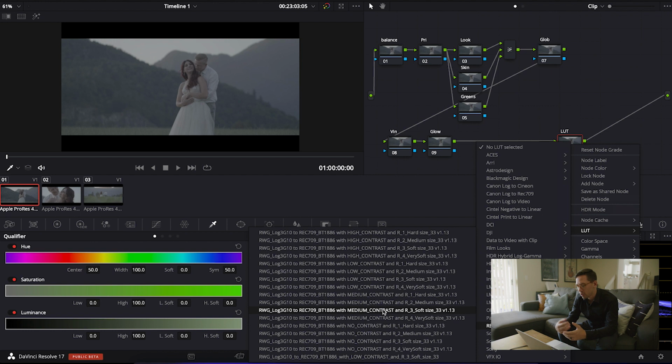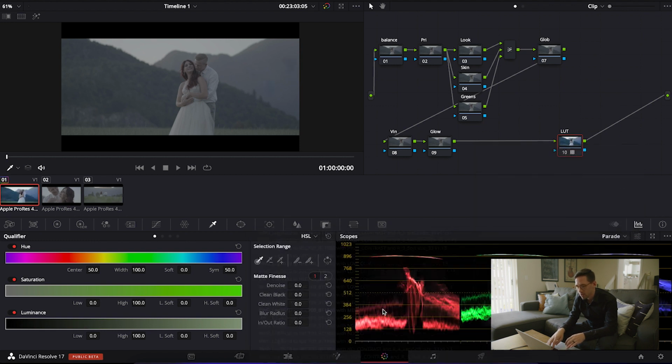And then from there, we can add more contrast and saturation in the parts of the image that we want to do that. And so I usually go medium contrast, then I use a soft roll off. I find that it produces, at least from my perspective, the best looking results in those highlights. It keeps them nice and soft so that it doesn't go nuclear all of a sudden when those values start to get quite high. But instead it kind of plateaus quite nicely when you get those brighter parts of your image. So I'm going to go ahead and select this, and you'll see right away, okay, this image has been